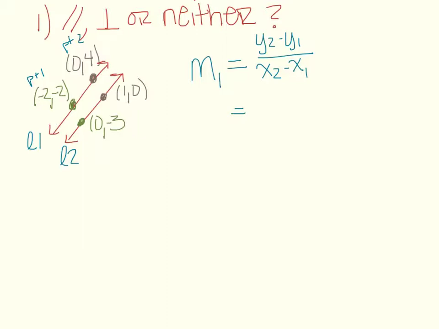So our y2 value is 4 and our y1 value is a negative 2, over our x2 value, which is 0, minus our x1 value, which is also a negative 2. Right here we have a negative times a negative, which is a positive, so